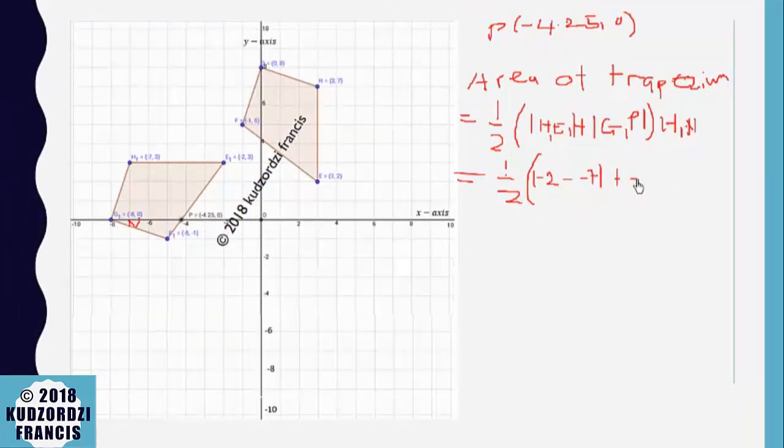So we have -4.25 minus -8, absolute value, times the vertical height, which is 3. So the distance from here to here is 3, because that is the same as H1N. Now this will be equal to 1 over 2